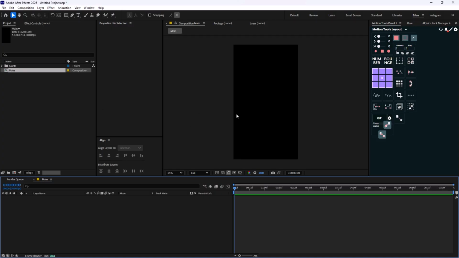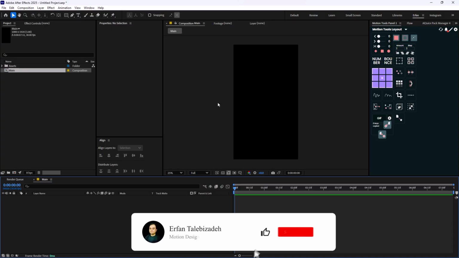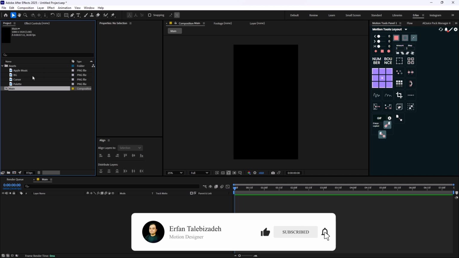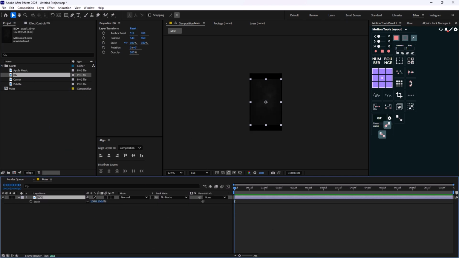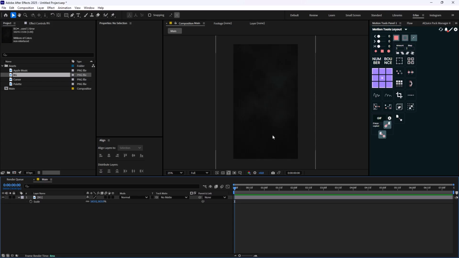Alright, so on the first step, I just need to add the background. So in the Assets panel, I'm just going to drag the background in here. And let's scale it around here. It's good. Now let's go and design the first set of the UI that we want to do for this